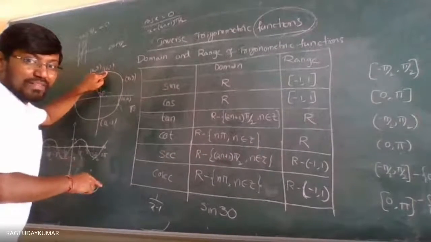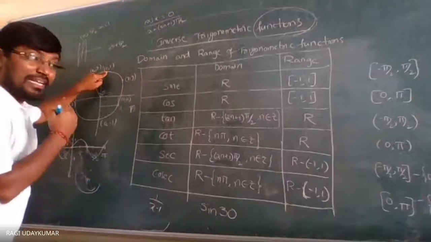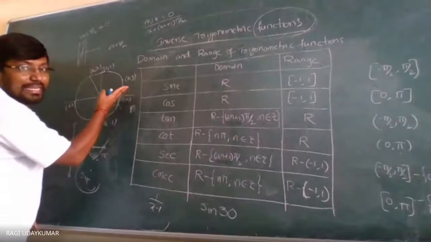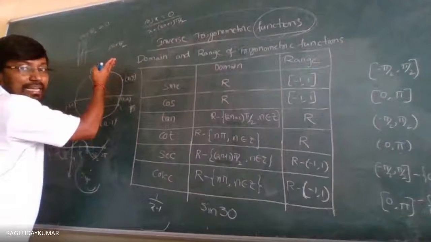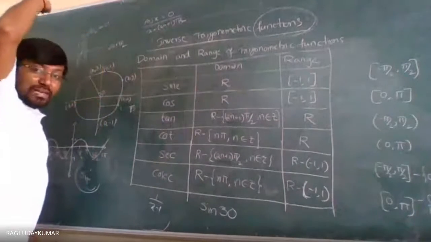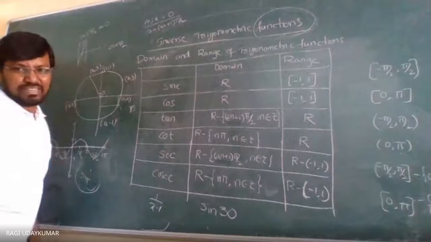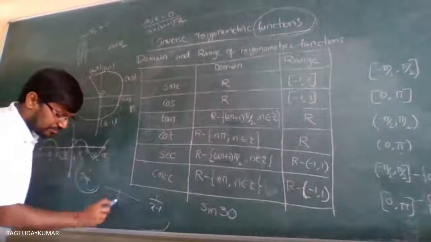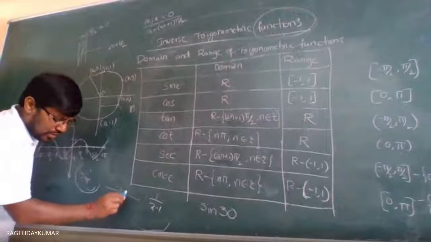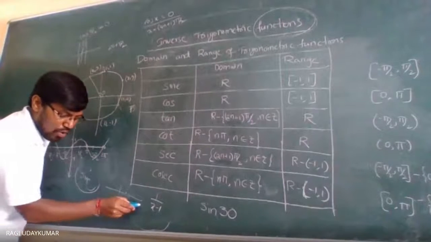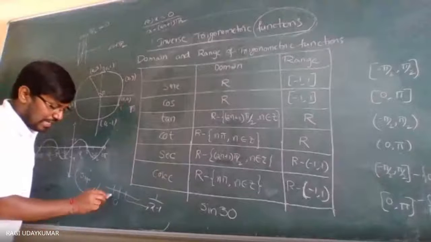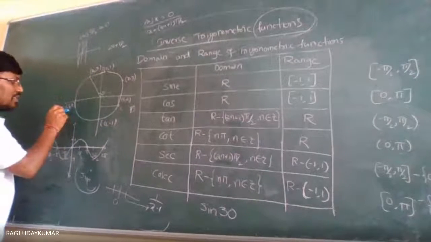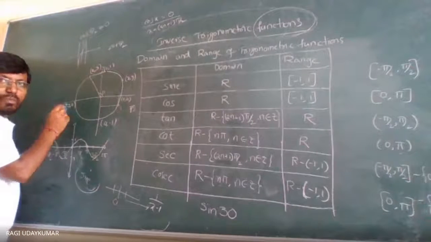But the value, if you observe, from 1 onwards, it is going on increasing. Here it is value 1. It is going on increasing, and it reaches the undefined, a very big number. But at the place of pi by 2, it is not defined. So if you see that on a number line, from 1 onwards it started and it goes on increasing. And here minus 1. See here, what is the value at 3 pi by 2 here? Minus 1.